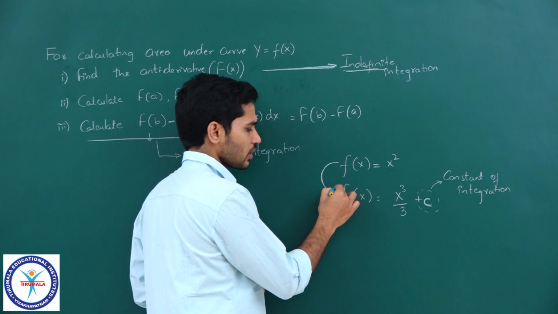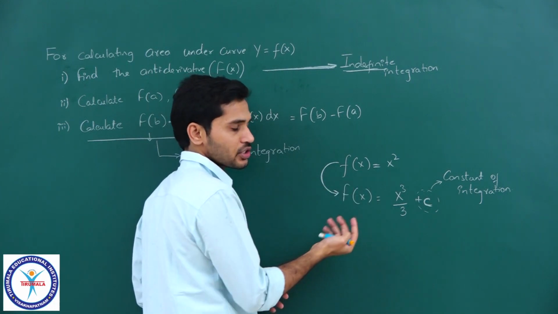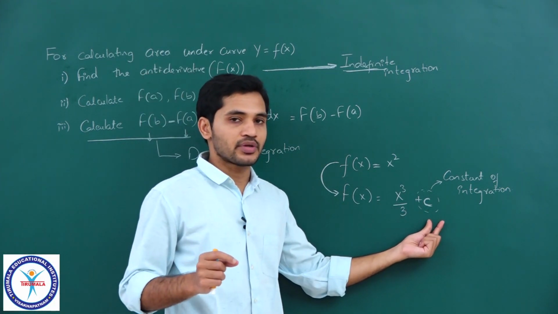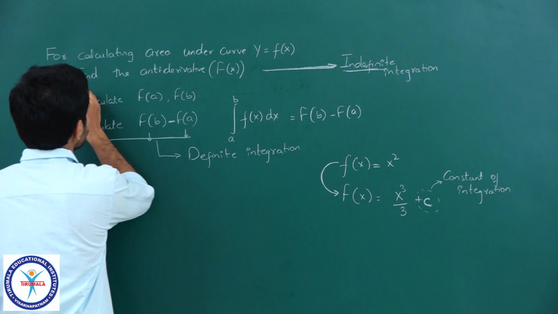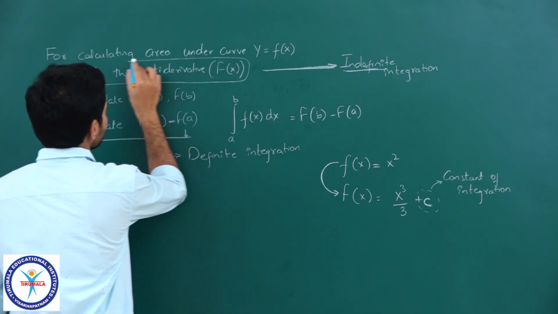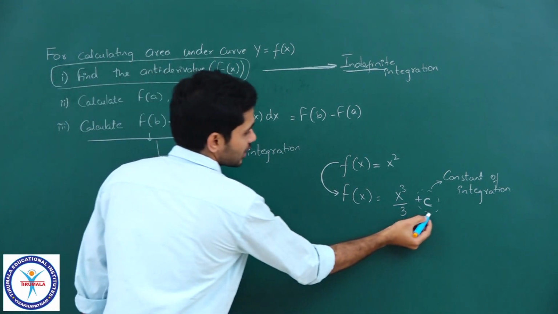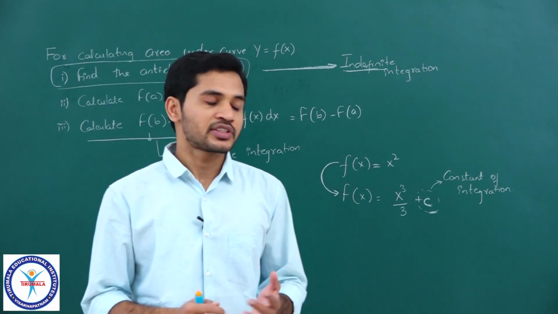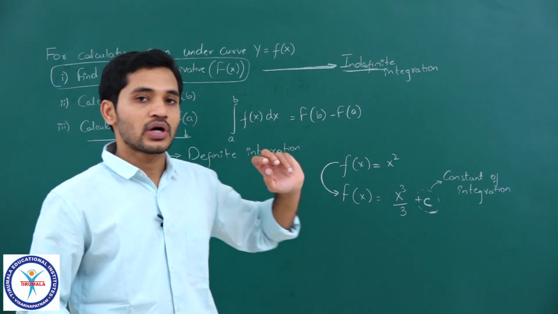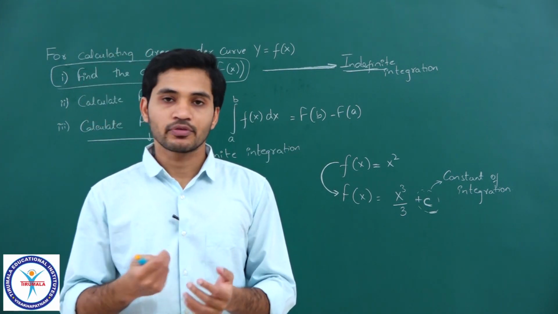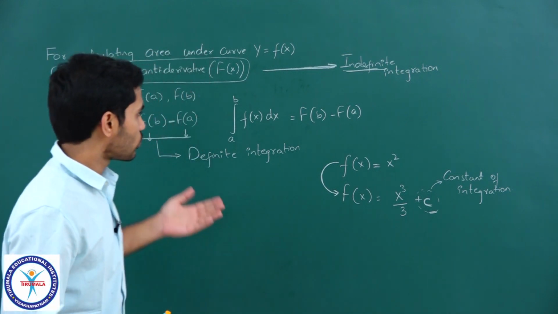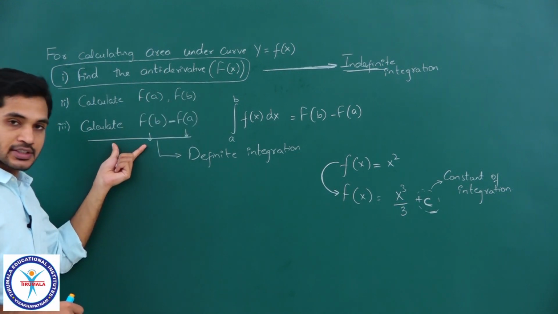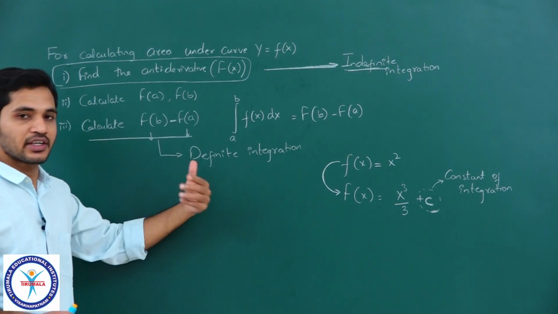So that is a simple idea. So just calculation of antiderivative, and like I told you, do not forget to add this constant. That is very, very important in this first step. If they are only asking you to find the antiderivative, then you should definitely be adding the constant. So like I told you yesterday, today we will be concentrating on this first step. So how to calculate the antiderivative of different functions, and then using that antiderivative function, we will perform the last step also, which is basically called as definite integration.